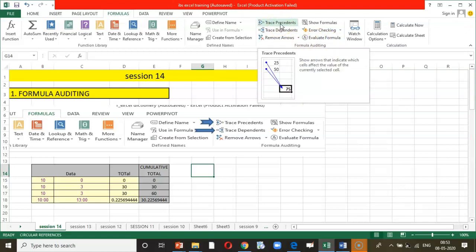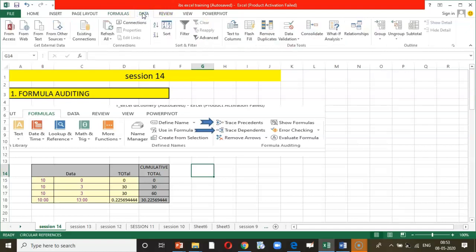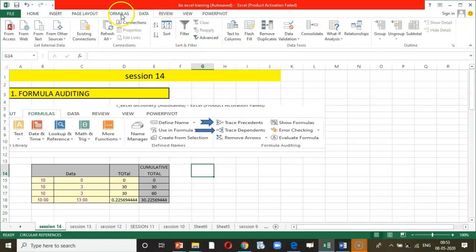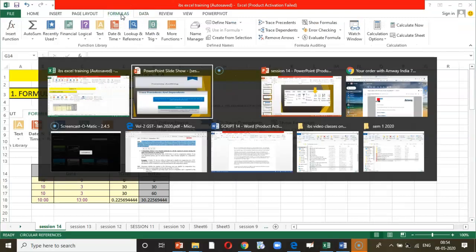You can see trace precedence, trace dependence and show formula and error checking. We will be also doing one more function under data tab and that is text to column. So let us start the session today.